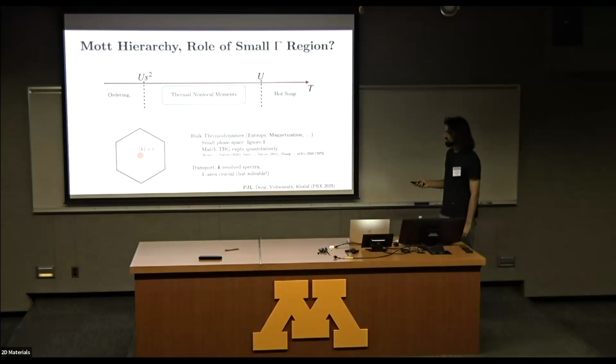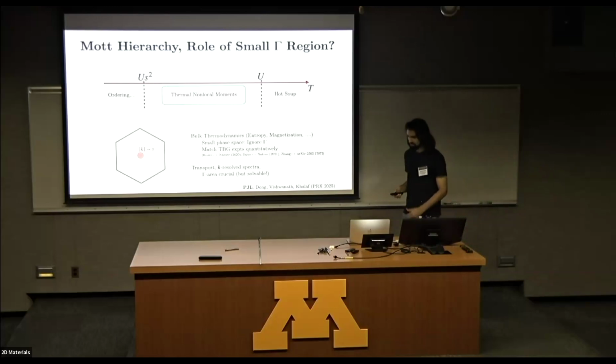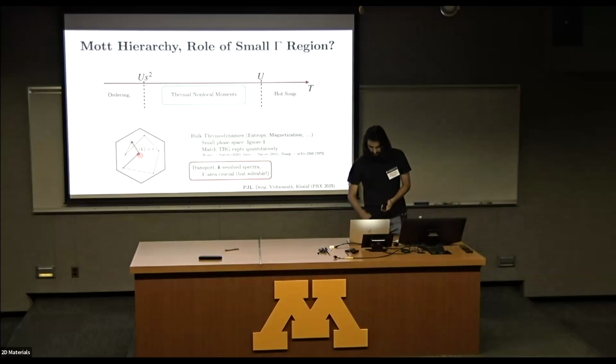But with this small s parameter, the overlaps between these very long tail Wannier states are very small. I'm not going to talk about this bulk thermodynamics too much, but you can maybe trust me that if you do things carefully, you can reproduce the bulk thermodynamics associated with the thermal Hubbard model, except without any localized states. But I'm really going to focus on